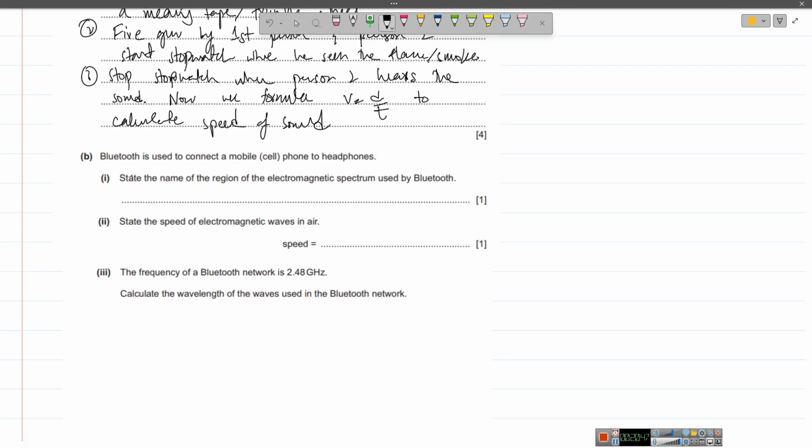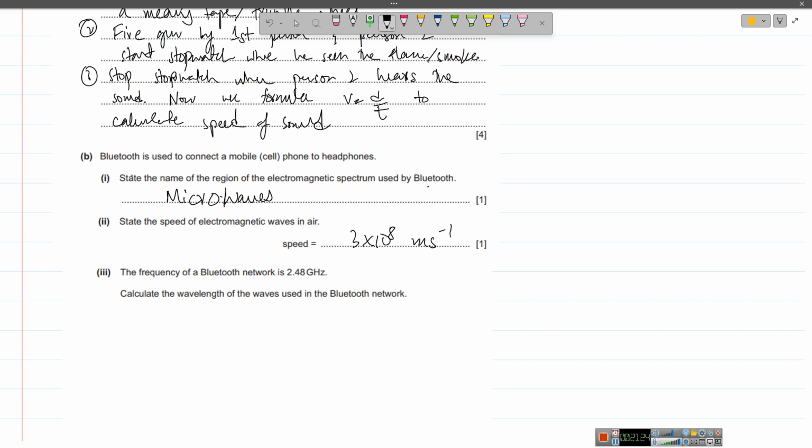Bluetooth is used to connect a mobile phone to headphones. State the name of the region of the electromagnetic spectrum used by Bluetooth, right? So for Bluetooth, we use microwave, right? Bluetooth uses microwave region. State the speed of electromagnetic waves in air, that is 3 into 10 per 8 meter per second. That is constant for all of them, not just for one. Every kind of electromagnetic radiation, light, photons, microwave, radio wave, gamma rays, whichever you take, right? All of them travel at the same speed in air, that is 3 into 10 per 8 meter per